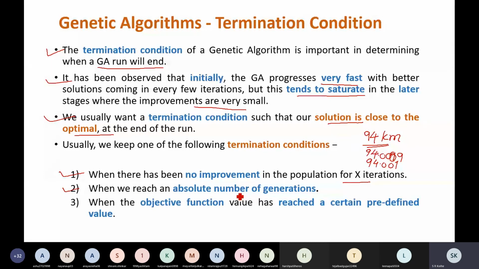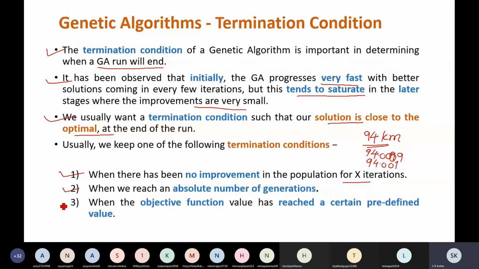After every iteration a new generation will be produced. So you can specify that as a number, that after 1000 generations the algorithm will terminate, whatever is the solution. Of course, a newer generation is expected to be better than the earlier generation.